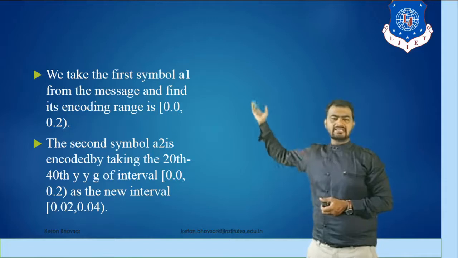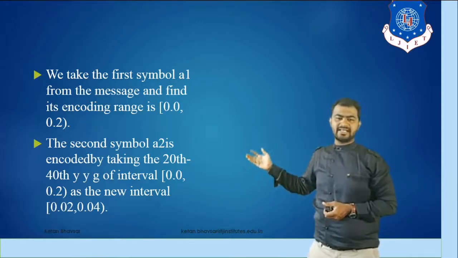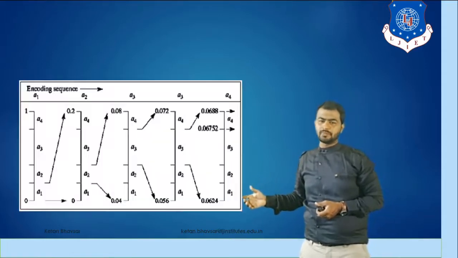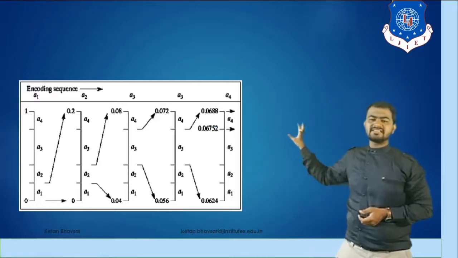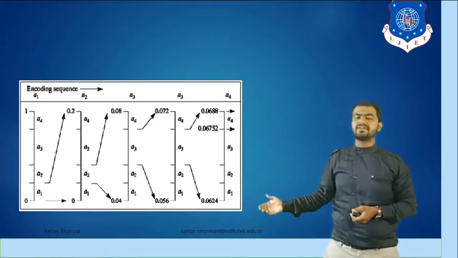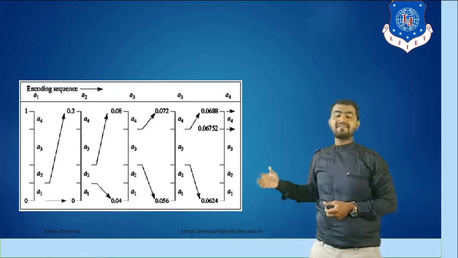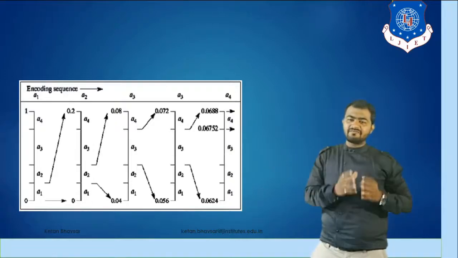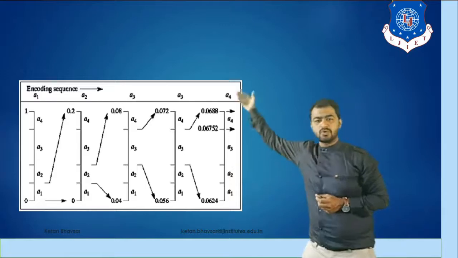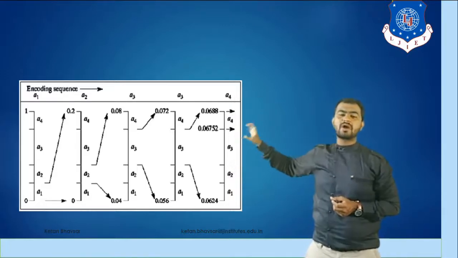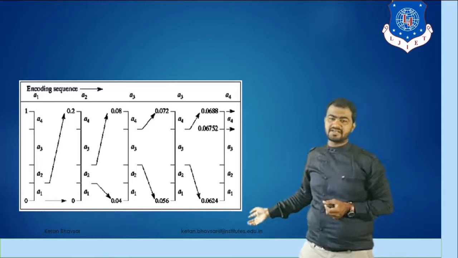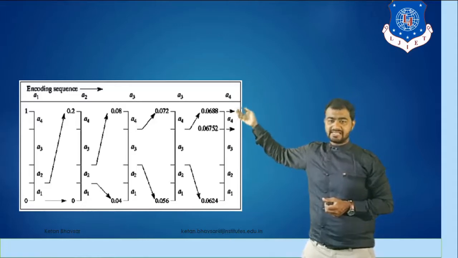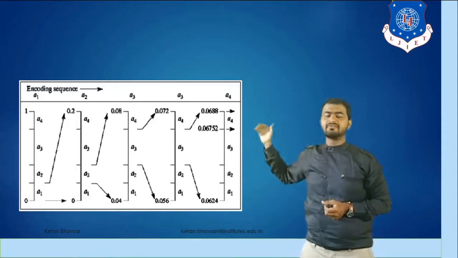So we take the first symbol, as I already explained in the previous slide, and then we apply the encoding concept to the interval, starting from 0.02 to 0.04. So now as you can see, this is the encoder method for each and every interval, and then we cascade it and finally we get arithmetic coding this way. Initially in Huffman coding, we directly described terms from 0 to 1. Here we already have the limit from 0 to 1 and we have to identify the internal parts of that, and initially we get 0.0624, 0.0675 and 0.0688 for these A1, A2, A3 and A4 intervals.